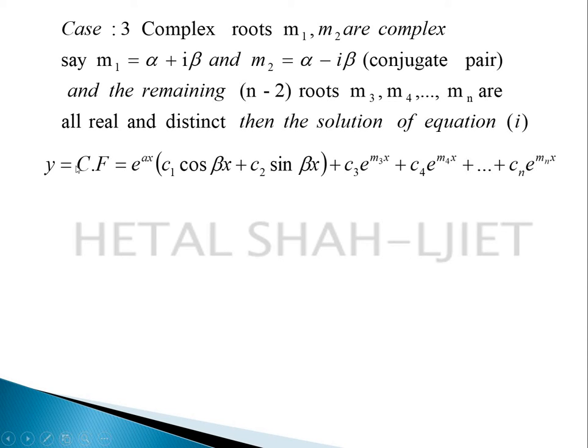In this case, we can write the complementary function as e raised to alpha x. Students, here alpha is the real part of this complex root, and c1 cos beta x plus c2 sin beta x. Here beta is the imaginary part. And m3, m4 and mn are distinct roots. So